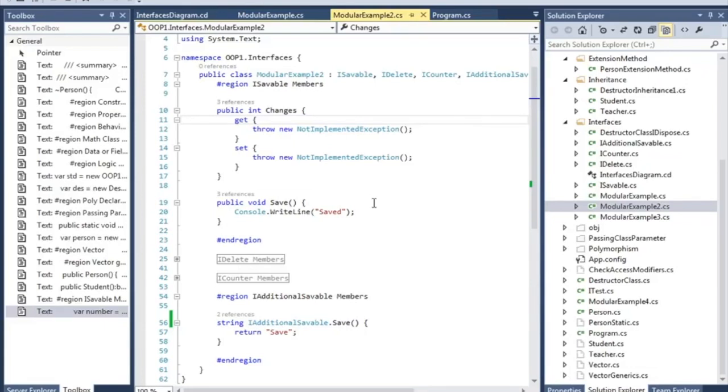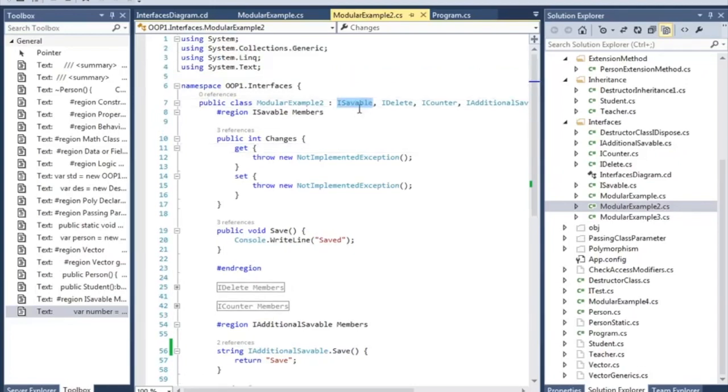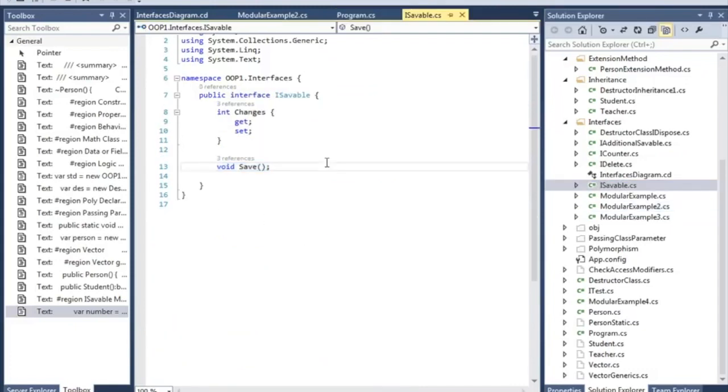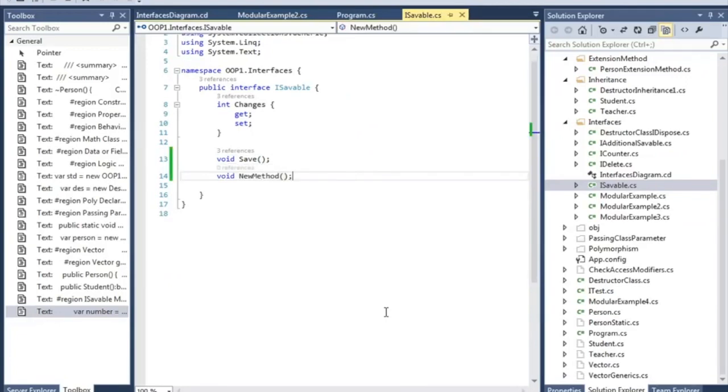implement the contracts, sometimes you will change the previous contracts. But the best way to do it, let's say that I really want to add a new method to this iSaveable. Let's say I add a void new method. What will happen is that it will break all the code around the whole application.